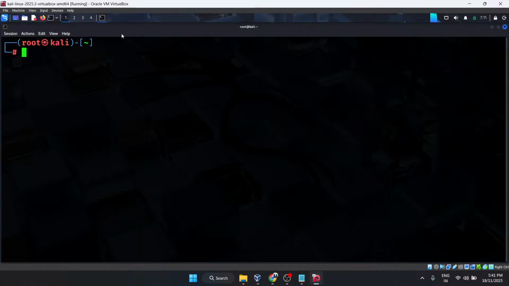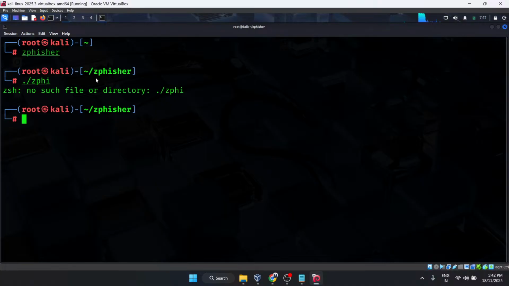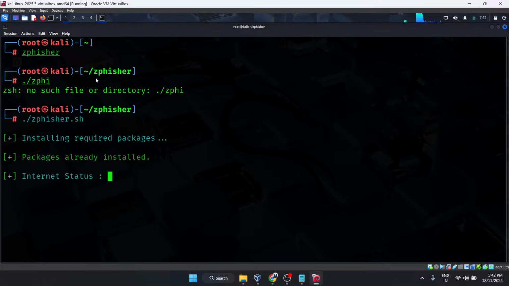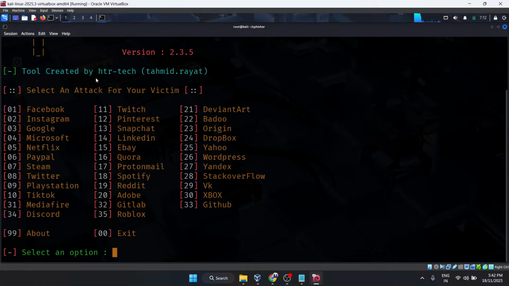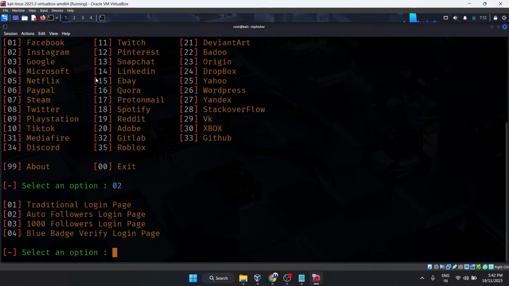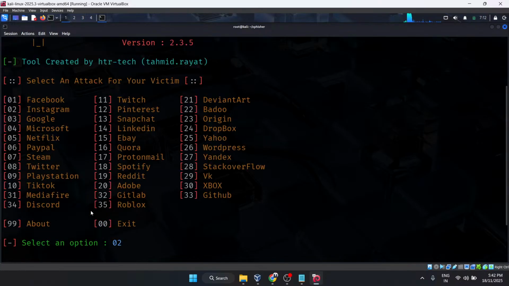So here we are going to run our Zfisher again. Go, batch verify login page.